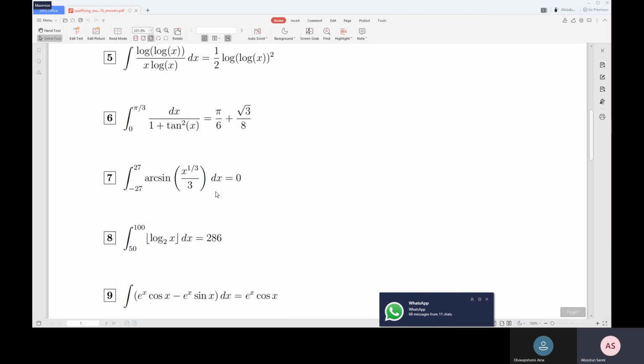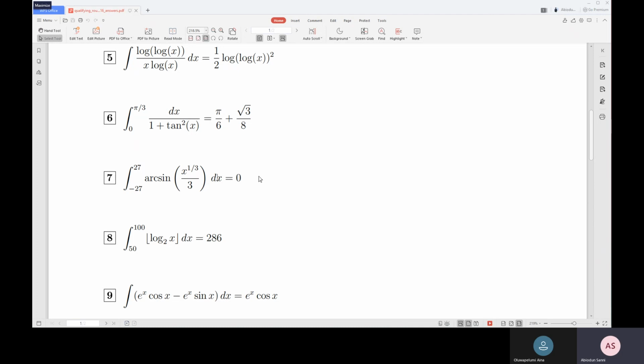Yeah, look at this scenario now. Are you seeing this? Yes. So look at this example now. They gave the integral from minus 27 to 27 of arc sine of x raised to 1 over 3, over 3, dx. Now, if you don't know that theorem, you start to integrate this and start cracking your head. All you just need is to equate this to the answer, which is 0, and just state that theorem, and that's all. You can see that the integral from minus c to c of arc sine of this,